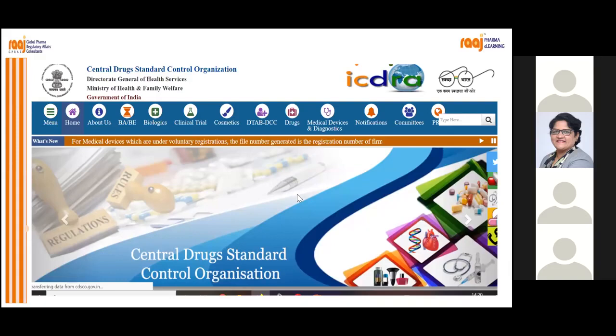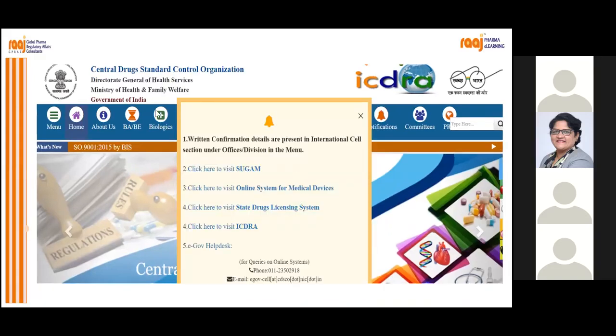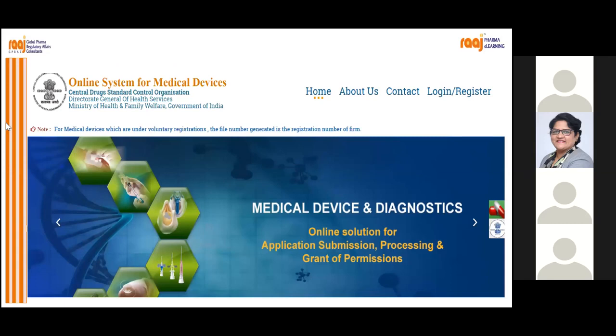But when you open this website, you get this particular pop up. It says click here to visit SUGAM, click here to visit online system for medical devices, click here to visit state drugs licensing system, click here to visit ICDRA. So you click on online system for medical devices, and you are redirected to this particular website,